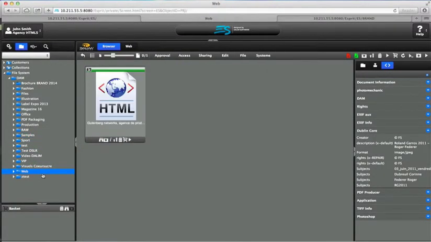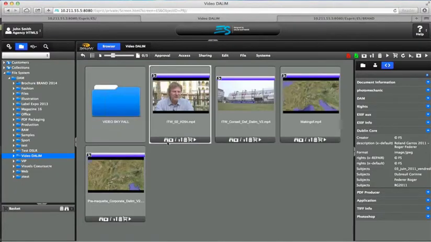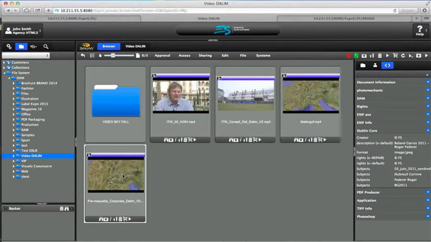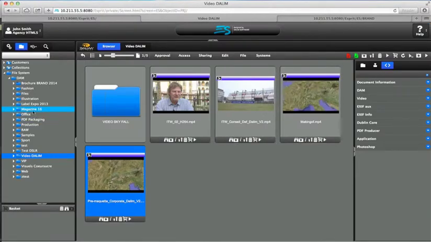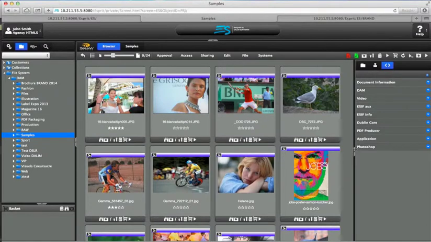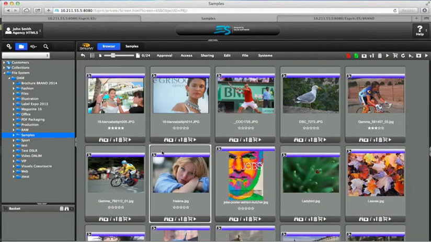Of course, you can also mirror other files, such as video files. Here is an example of a corporate video we have in ES4, on my server. You can play the video and do some uploads, but we'll see that just after. And if I switch again to my view, I can show you that we can really simplify the